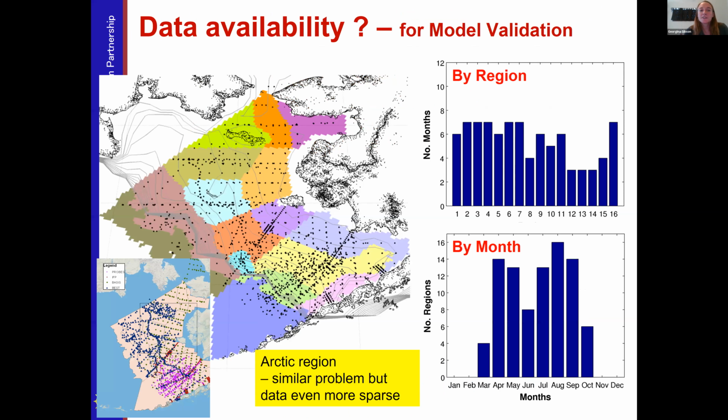Okay, so this is a schematic of the Bering Sea. The color blobs that you see, throughout the lifetime of the project, we decided that we were going to divide the Bering Sea up into these set geographical regions. And the reason we did that is because it became apparent early on that direct point-to-point comparison of data really isn't that meaningful.